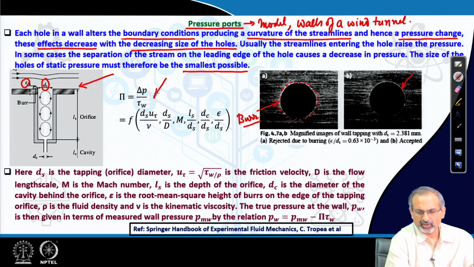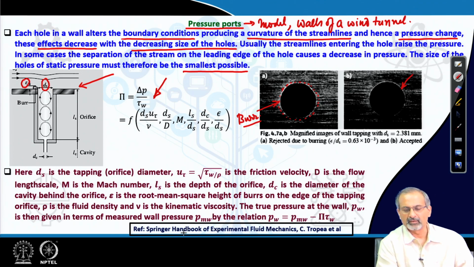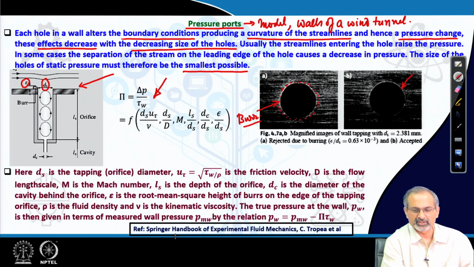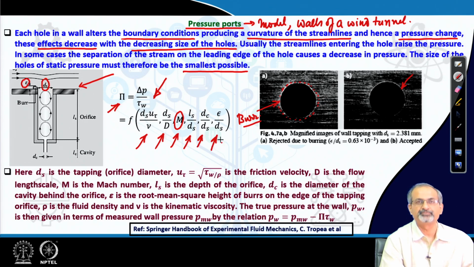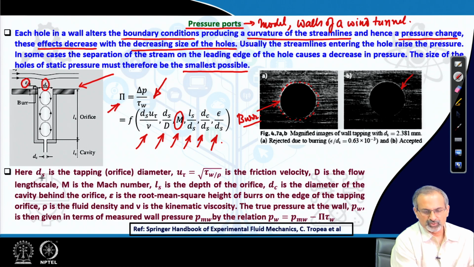Now, we are talking about a pressure change in the neighborhood of the hole, which is non-dimensionalized with respect to tau w, which is basically the wall shear stress, giving us some kind of a non-dimensionalized parameter pi, which is a function of many parameters which are dependent either on the flow, like the Mach number, or on geometrical details related with the port. So, the ds is the tapping orifice diameter,